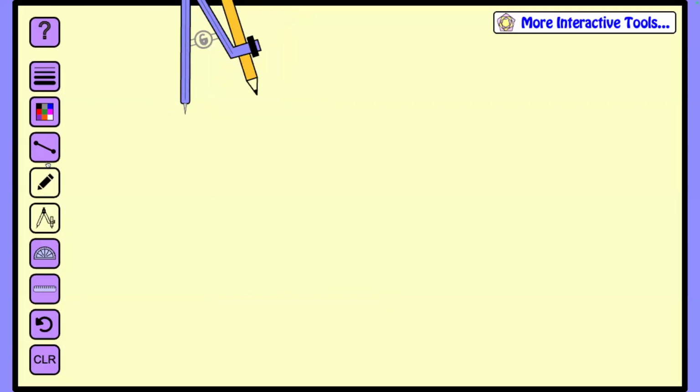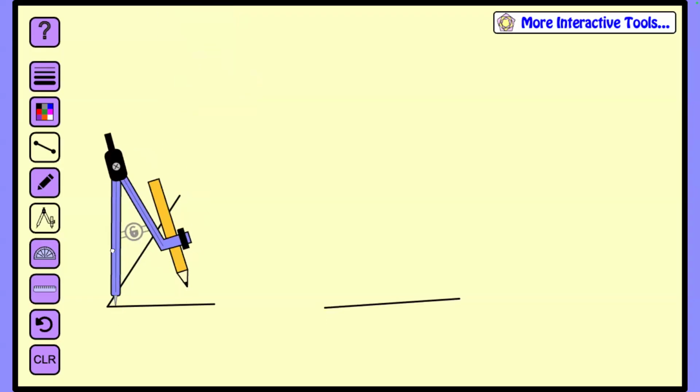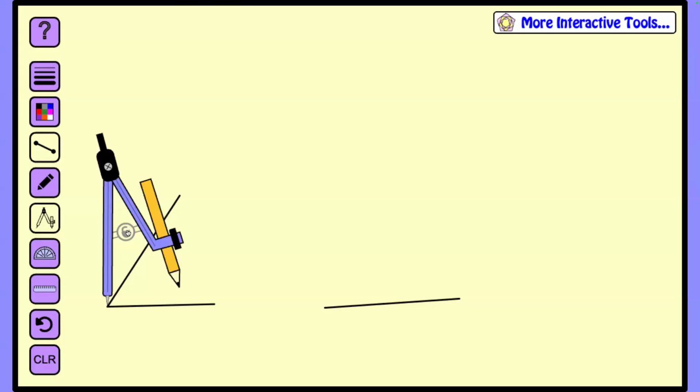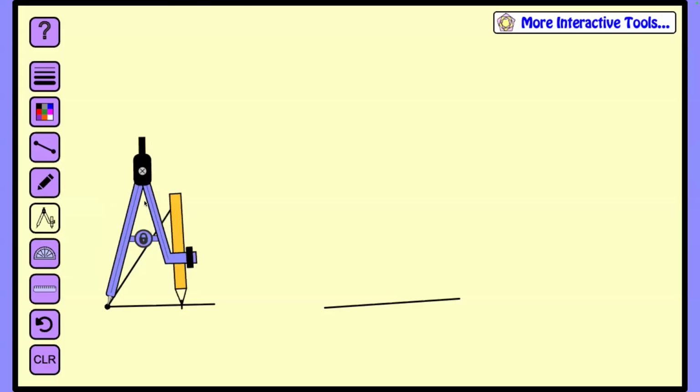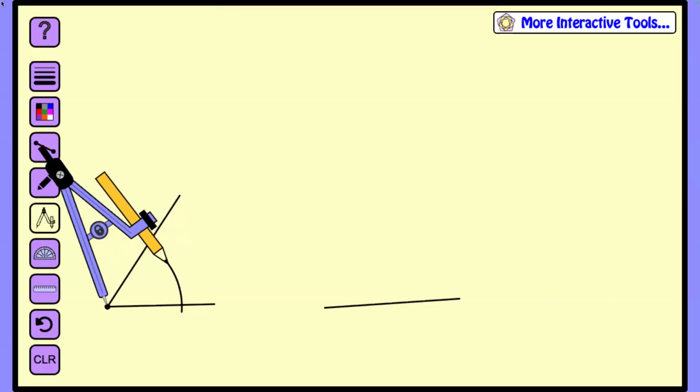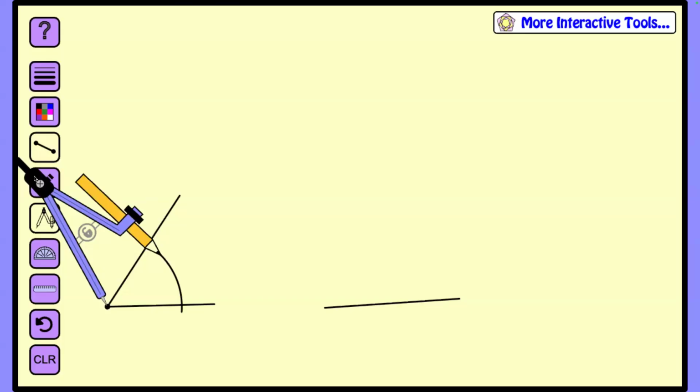I'm going to clear everything. I'm going to draw the angle here. This is what I want to copy. Now I'm going to copy the angle here. So what I'll do, I'll bring the compass here. I'll draw an arc using this black color thing. If you touch only, it will draw the arc for you. On top, you have to do it here when you draw in this